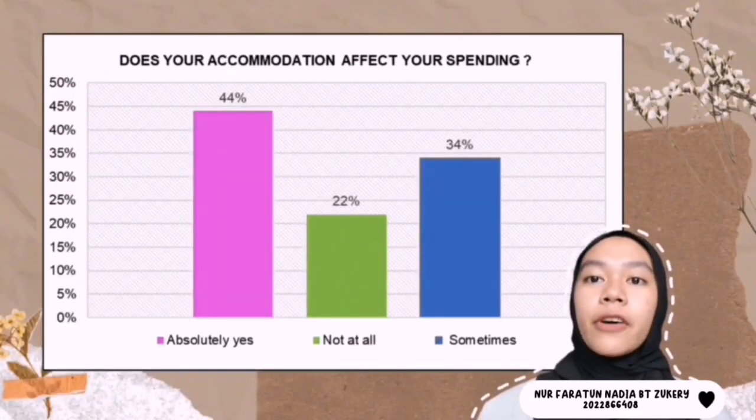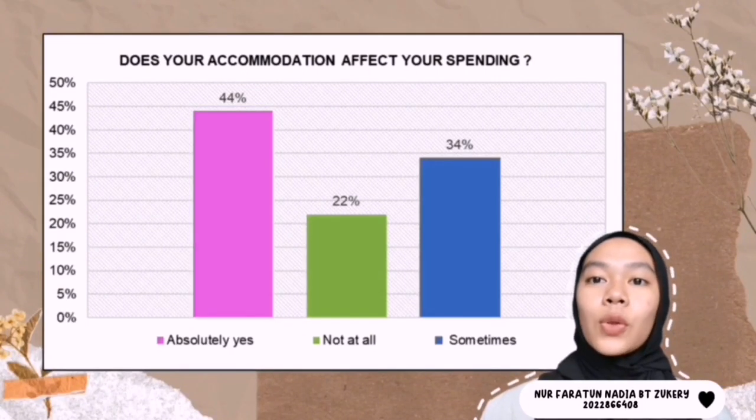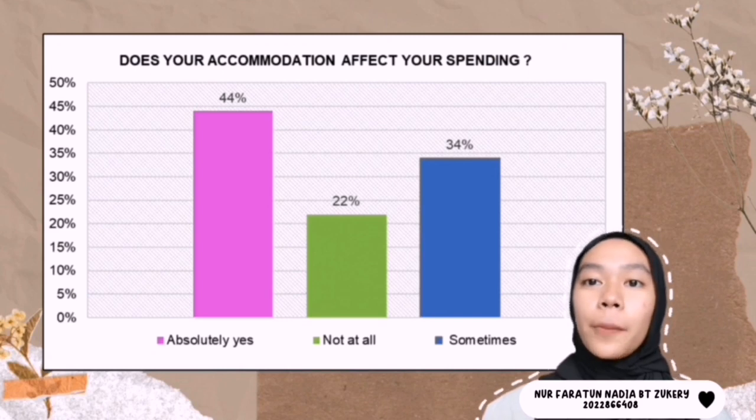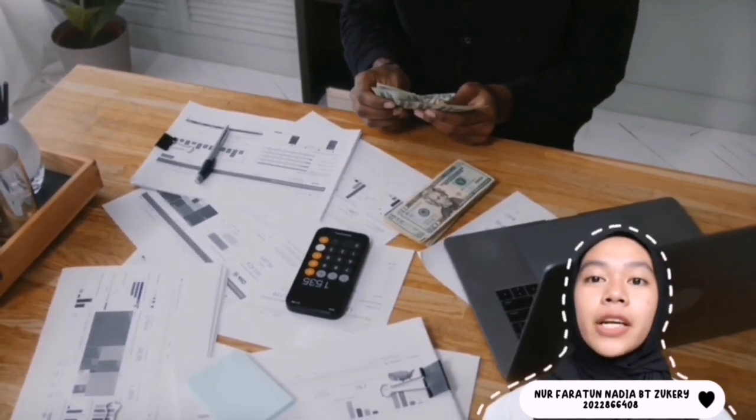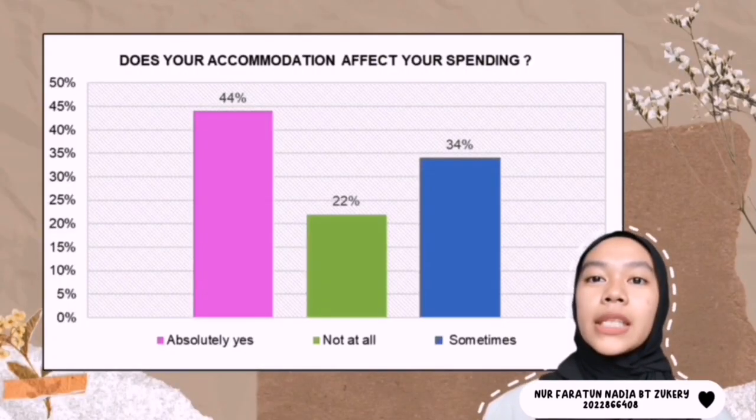Next, 34 respondents choose not at all for the answer. It's possible that some students may be independent and pay for everything without needing financial support with housing. And lastly, 22 respondents choose sometimes as their answer. Based on our opinion, it is because some students may experience financial difficulties from time to time, which influence